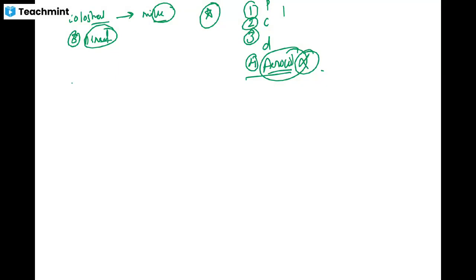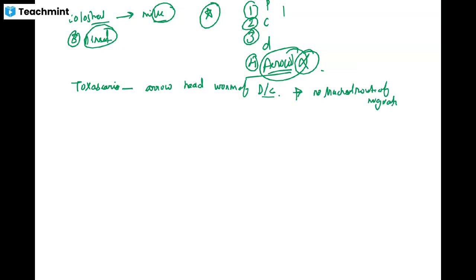Then another species is Toxascaris. Toxascaris is also known as arrowhead worm of dog and cat. इसमें there is no tracheal route of migration. एक्चुअली इसका जो लार्वा होता है ना, लार्वा माइग्रेट ही नहीं होता. देयर इज नो माइग्रेशन ऑफ लार्वा. जब माइग्रेट ही नहीं होगा तो क्या ही ट्रैकियल रूट ऑफ माइग्रेशन होगा. तो देयर इज नो माइग्रेशन ऑफ लार्वा।